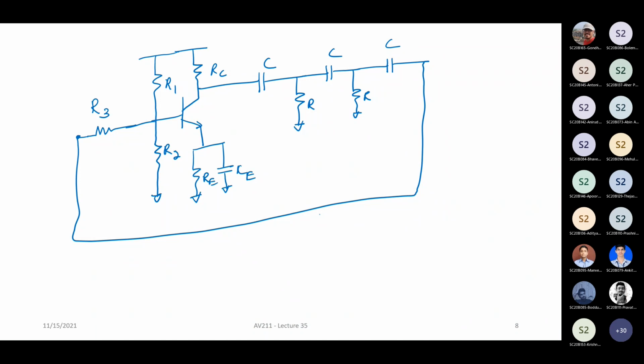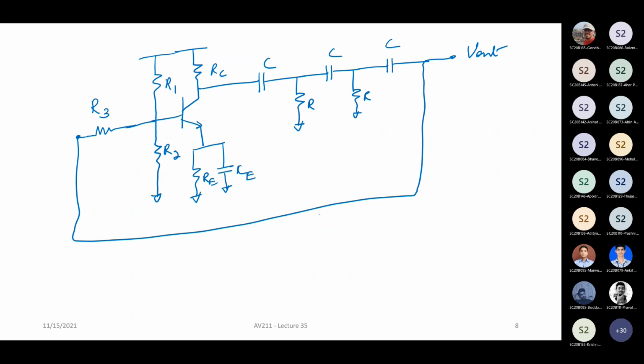You can work out the whole thing and then you will see that you can tap it out at any point basically, right? So this becomes your output, and you can derive this and then you can find out what is the minimum beta that you require and so on. Okay. All right. So this is an RC phase shift oscillator using BJTs. You can do it using MOSFETs. You can also do it using op amps. Okay. All right. So now let us move to another class.